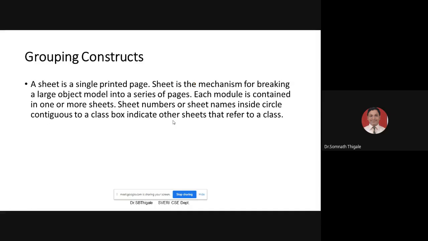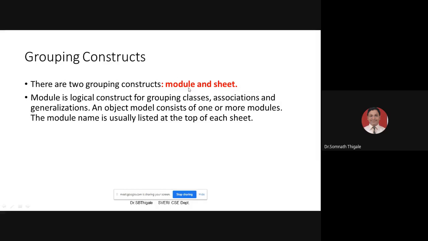So let's discuss the sheet concept. A sheet is a single printed page. It is a mechanism for breaking a large object model. जसं एखादी कॉम्प्लेक्स डायग्राम असेल ते आपण काय करतो, छोट्या वेगवेगळ्या पार्ट्स मध्ये डिवाइड करतो. आधी ते छोटे पार्ट समजून घेतो आणि मग फायनल मॉड्यूल आपण रिप्रेझेंट करतो. Same concept is there while we are grouping in terms of either modules or sheets. So a module is a simple logical construct for grouping classes, associations and generalizations,